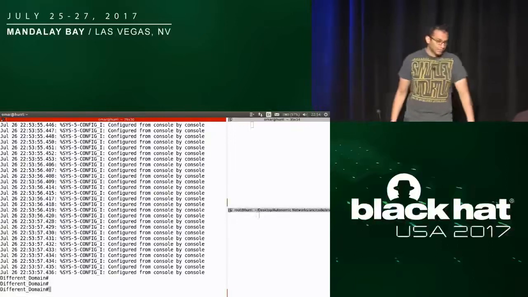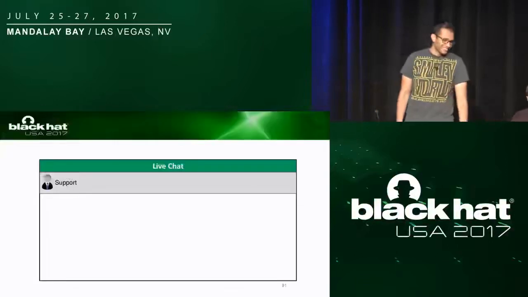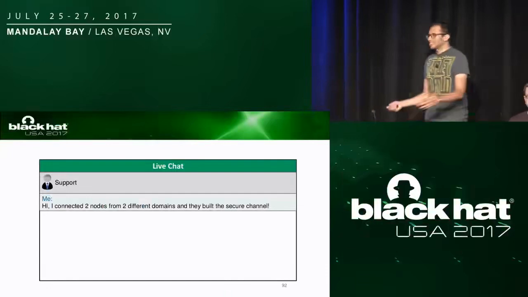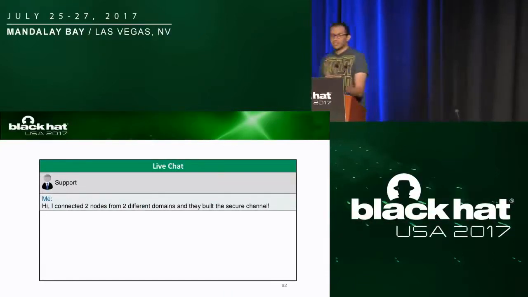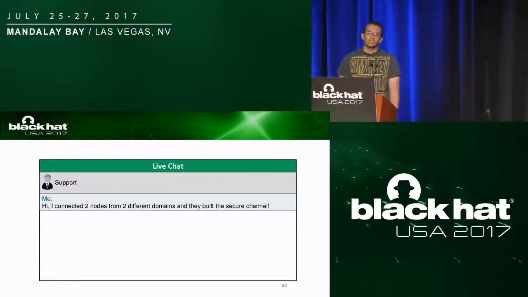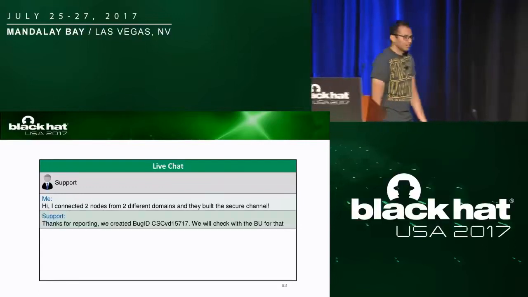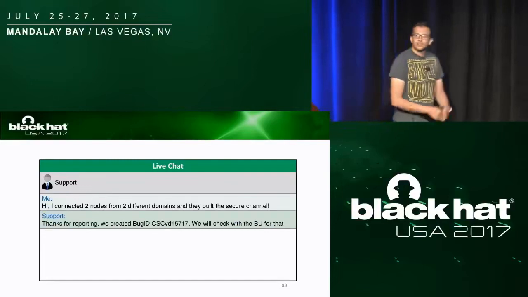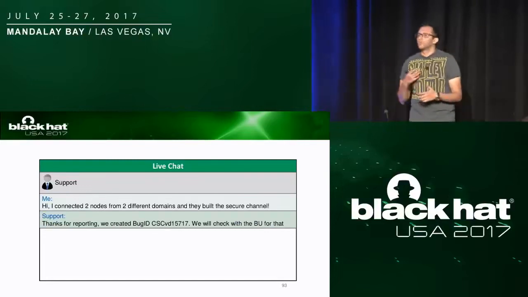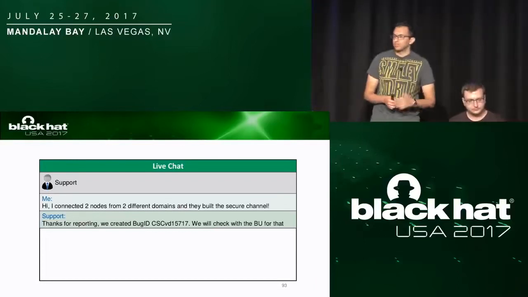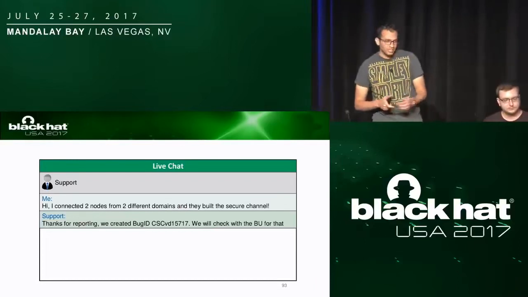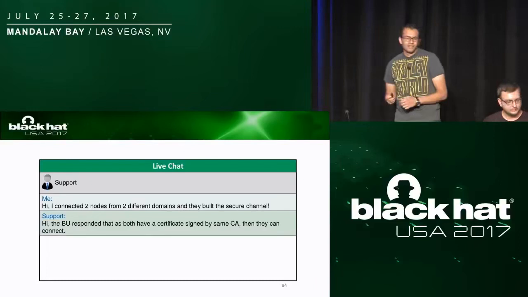Yeah, please take me back to the support. So, hey, I just connected two devices from two different domains and they are working together, they have connectivity, and they even built the secure channel. How can that be? Honestly, from Cisco's perspective, they were quite fast on some of the vulnerabilities that we have reported to them. They really provided very good support.